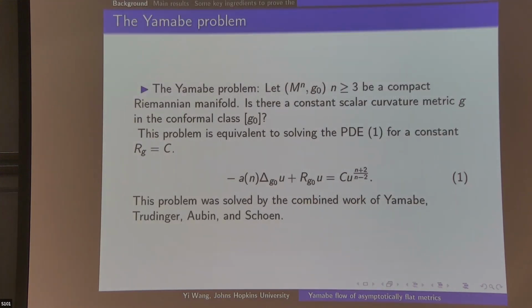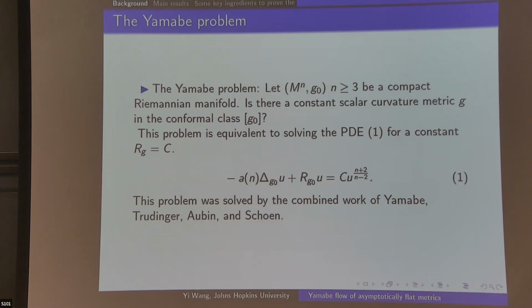All right, so let's first start with what the Yamabe problem is. This is the problem in differential geometry about finding a constant scalar curvature metric within the same conformal class. Given a compact Riemannian manifold of dimension greater than or equal to 3, people ask whether there exists a constant scalar curvature metric in the same conformal class. You have some arbitrary shape to start with, and you want to find some uniform, canonical metric in the same conformal class.